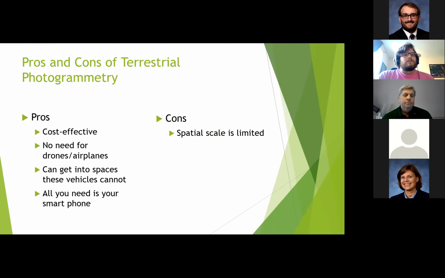So what are the pros and cons of using terrestrial photogrammetry as it compares to aerial photogrammetry? Well, it's pretty cost effective. Some of the reasons for that are that you don't need to make any investments into an airplane or a flight or a drone. If you don't have that equipment, you don't have to make that investment.